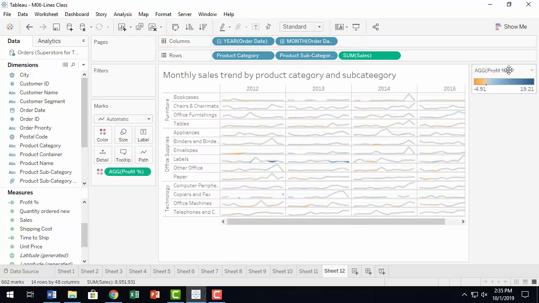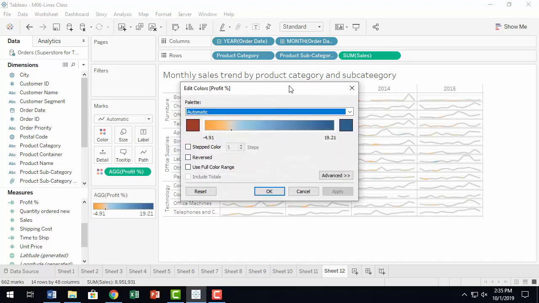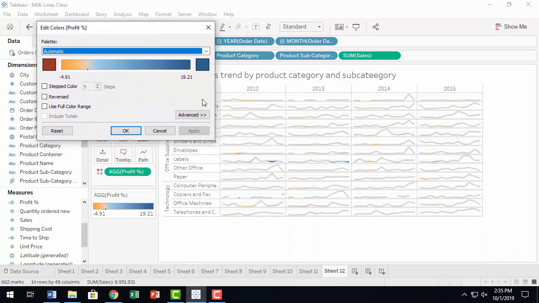So, now we have profit percentage color, diverging color, say orange and blue, and one way to do color here in Sparkline chart is, since we are talking about profit, being the color being used for profit, we can use